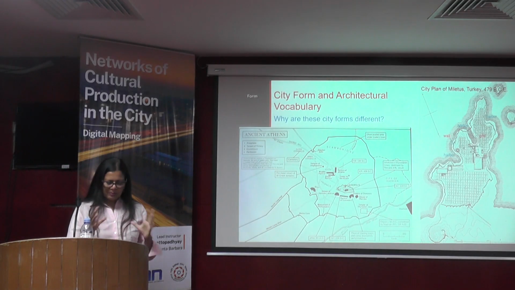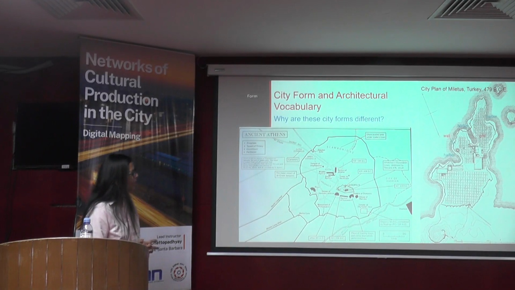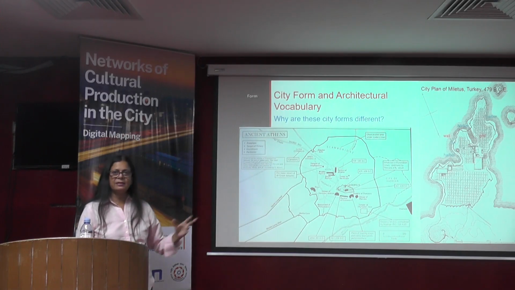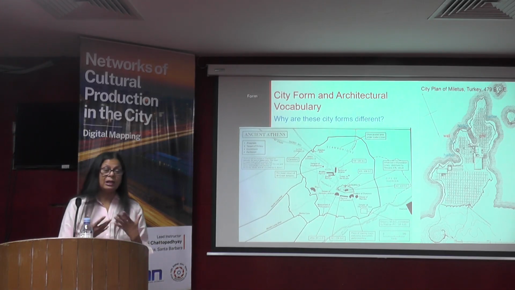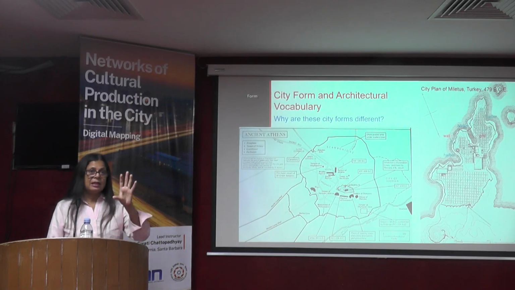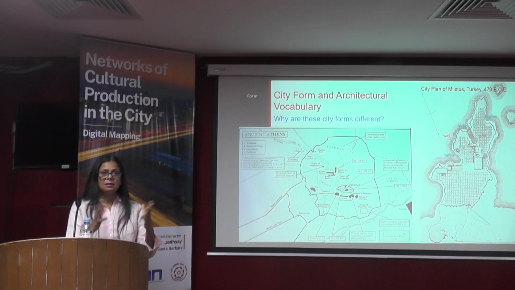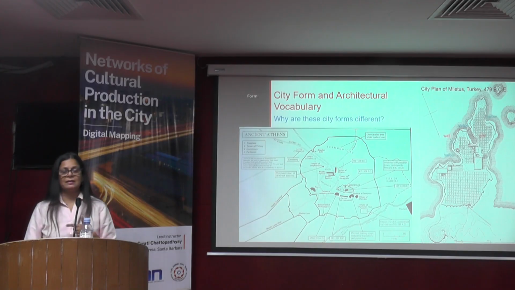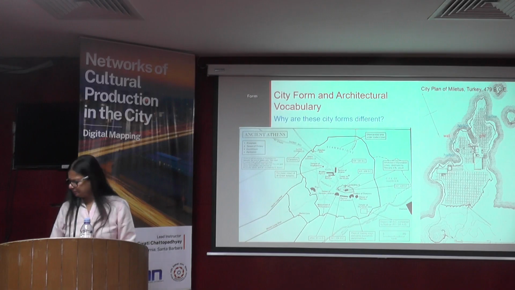So the spatial organization of Athens is radically different from Miletus. One is gridded, the other is not. One looks haphazard, but this is what our colleagues did with the digital reconstruction. One way you can make a convincing argument, that's how they're using digital reconstruction, is to say that you can actually see the logic of the relation among the buildings. It is the view, it is the movement that holds the space together. It is not a grid. In other words, it's through practice that the spatial ensemble is held together.